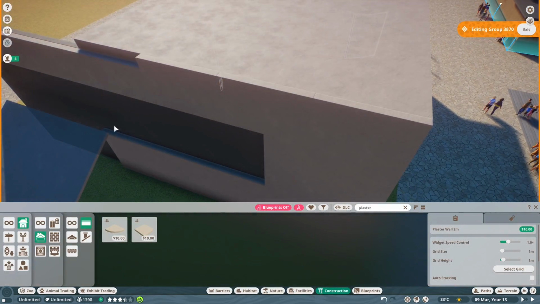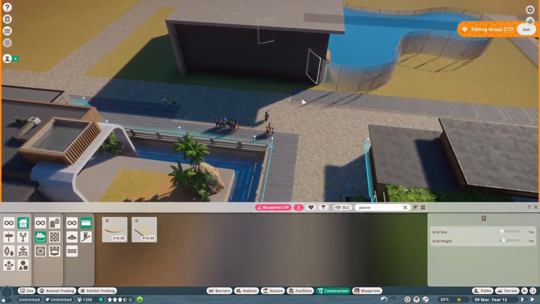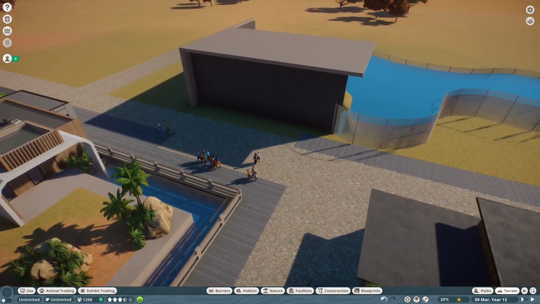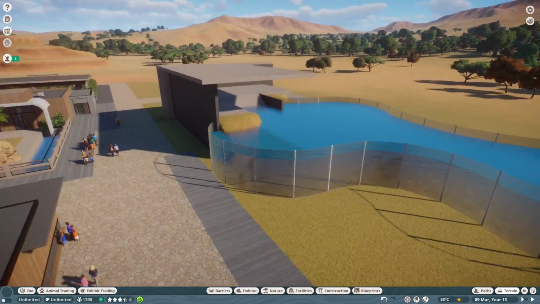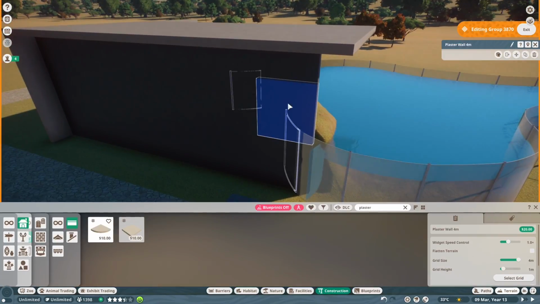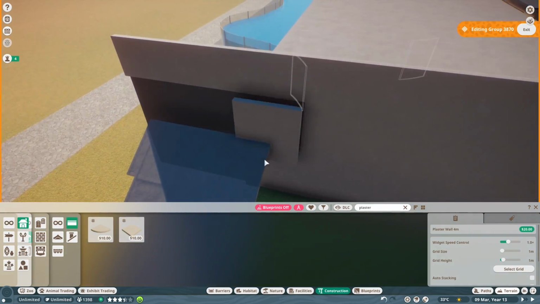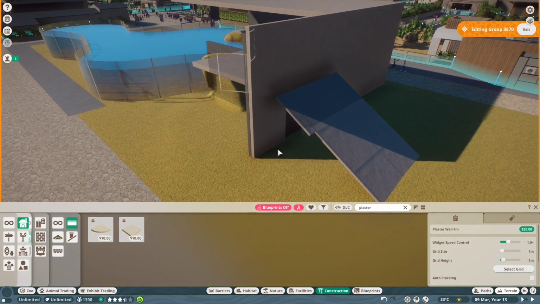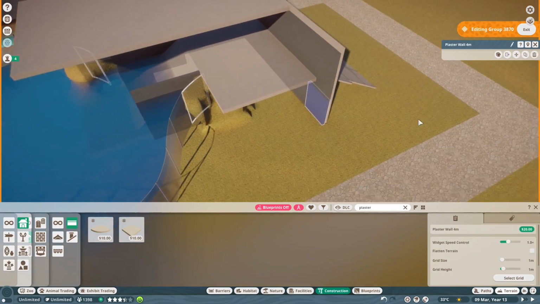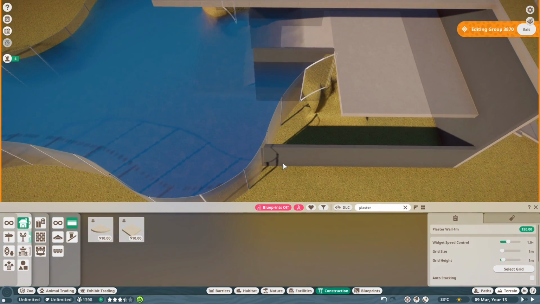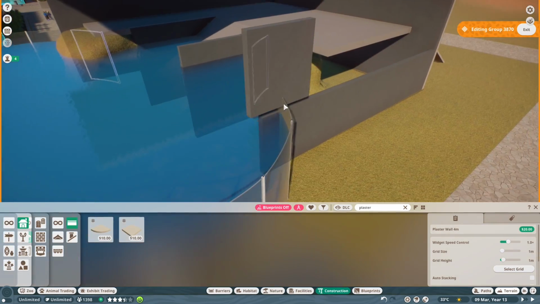Of course, we're building in Newtropic Zoo, and by the way, if you're new around here, it's a modern zoo based in the grasslands of Africa, so we needed to keep that same theme with the modern aspects, and that's why I'm building it like this. We're going to use the same color schemes that we used, the natural plaster piece walls and the dark grey plaster piece walls. Combine those two colors together to give that modern look